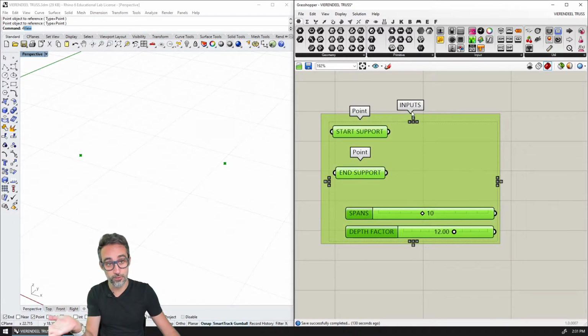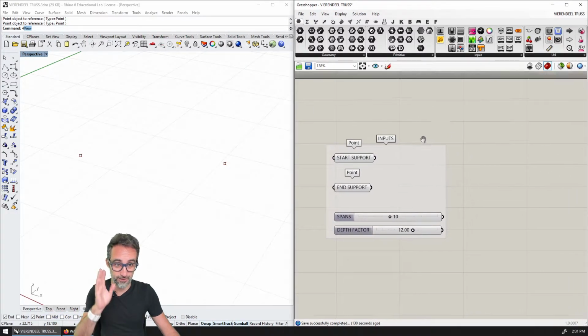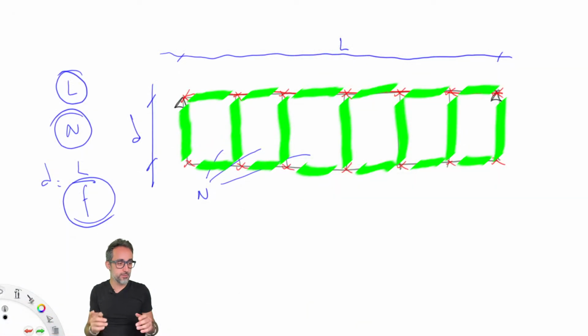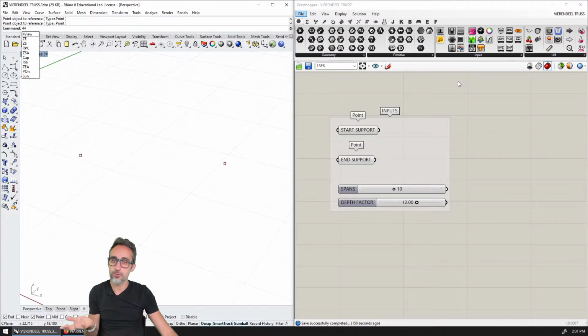And I'm going to dock them to the right hand side because you know that I like things aligned and well ordered, etc. And then we have them as well. So the first thing that I would like to do is, as per our diagram, create a line between the two supports, divide it in points, and move those points down, and then create the vertical bars. We're going to do that very fast because we already know how to do these things.